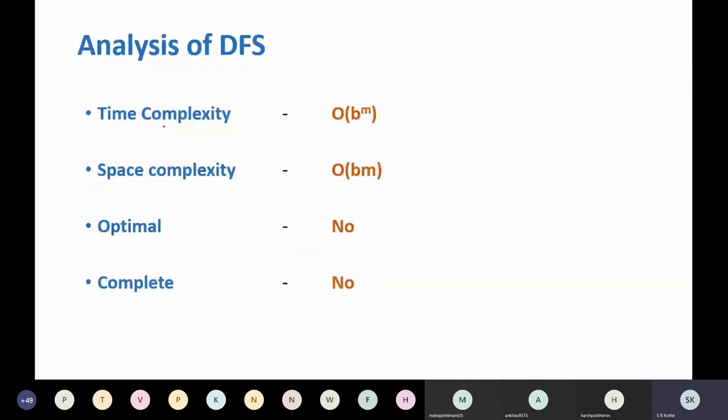Now let us analyze this algorithm along with the four parameters that we discussed in the first class, earlier class. What will be the time complexity of this algorithm? Depth first search: time complexity is order of b raised to m, where b is the branching factor.